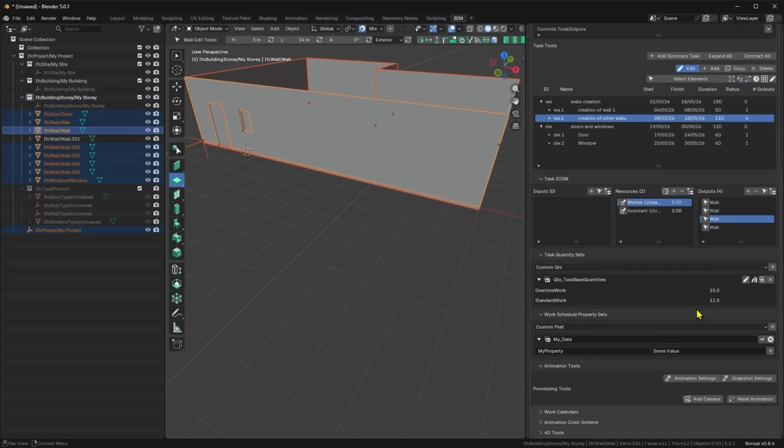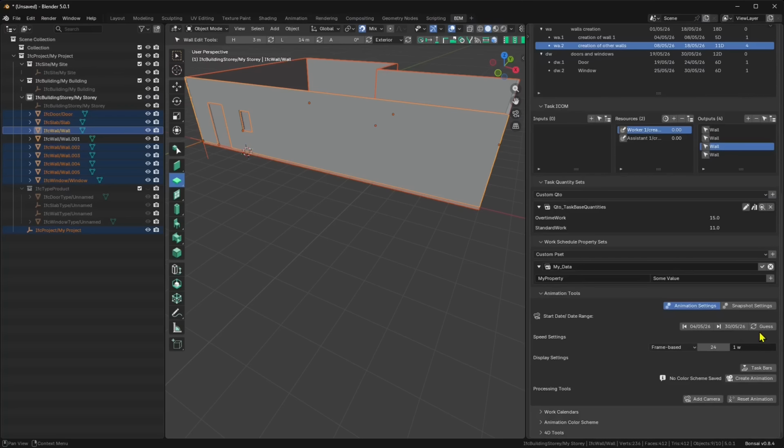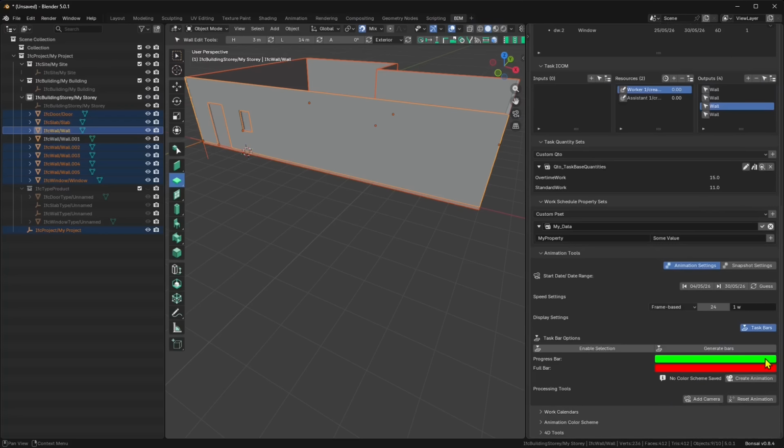So here is where you can generate an animation. You can get the start and the end of the animation, or you can just put your dates here. So it's about animating the time of the building. You can change the type here. Frame based means that every second we're going to see 1 week of work, but you can customize all these parameters. I'm just going to go quick, and here you can add taskbars,